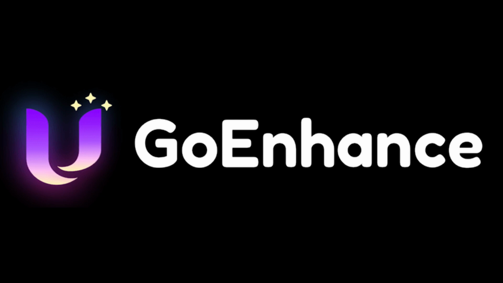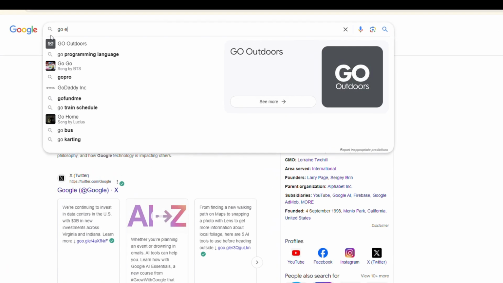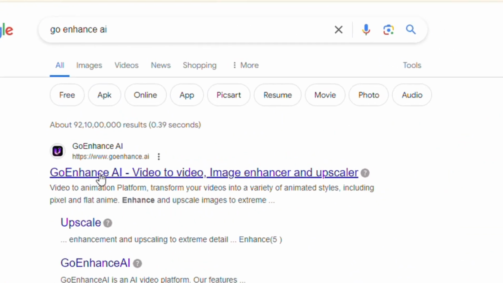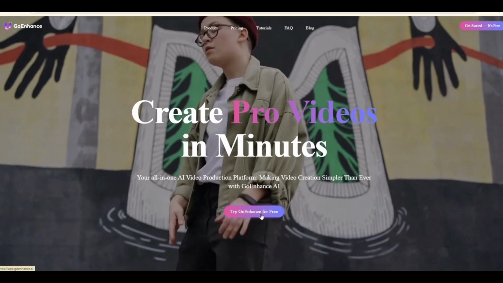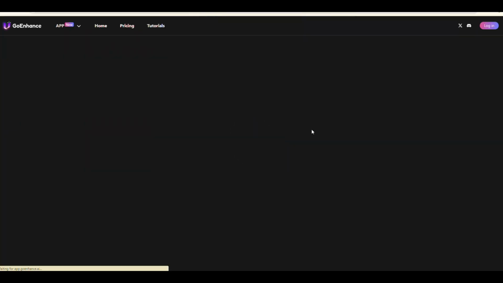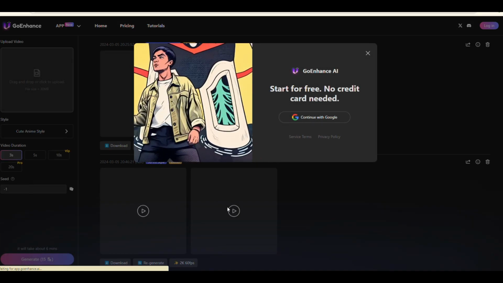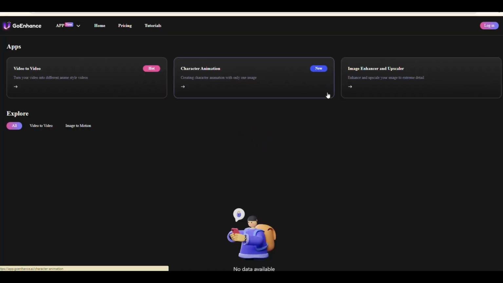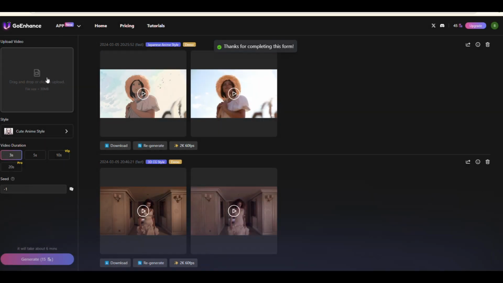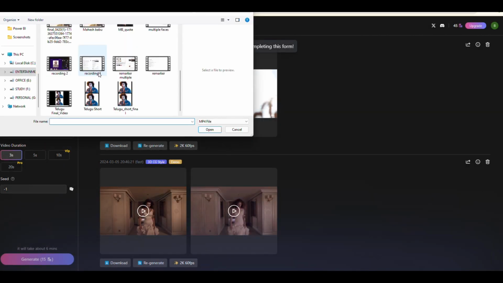Next one is the Goenhance AI tool. Again, go to Google, type Goenhance AI, click on the website, free trial, login, existing Google account, video to video, upload the video whatever you want to convert,